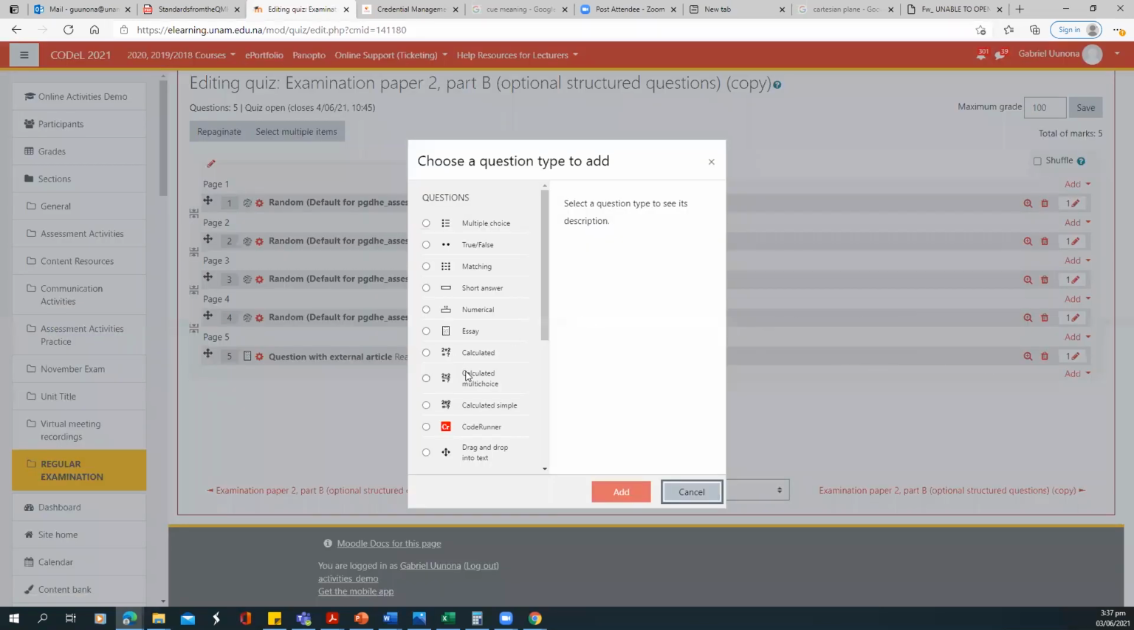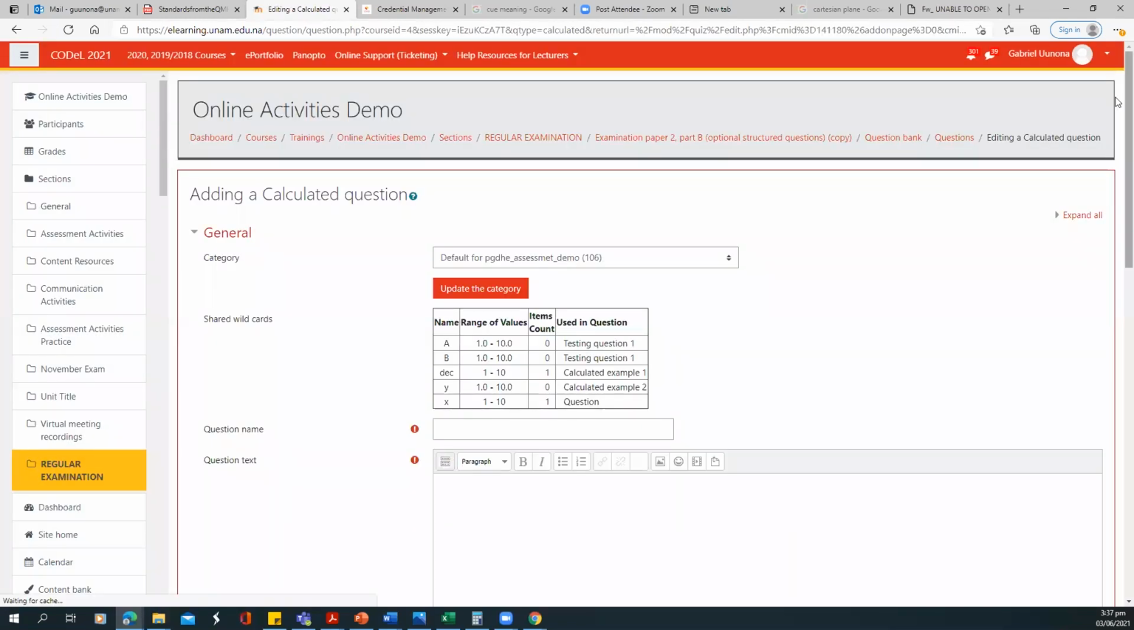Adding a new question, and then a calculated question. Now, with calculated questions, colleagues, the difference between a calculated question and perhaps a numeric question is that your student will get different questions, or your student will get